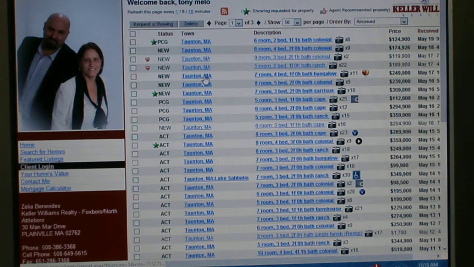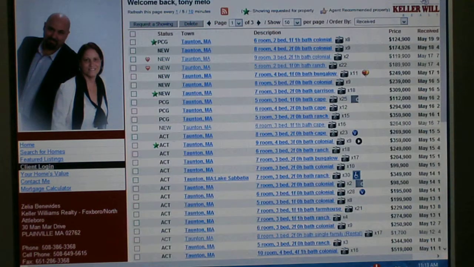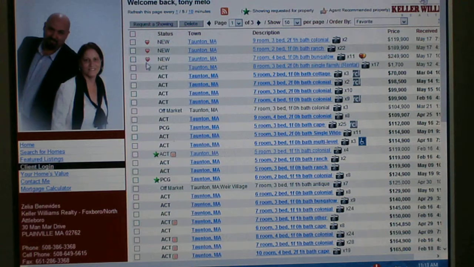If someday you go through here, and this internet's going to take a little bit, struggling. If you have some favorites up here, some favorites down here, some favorites over on page 7, that's when you can filter. Click OK, go over here. You can filter by favorites. So you click on favorites, and now you've got all your favorites in one area. So even though you added it a week ago, a month ago, 3 months ago, when you add it to your favorites, you can filter all those favorites up to the top. Now, just remember that when you